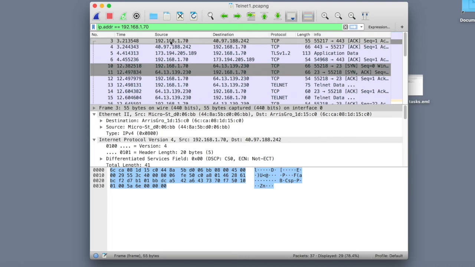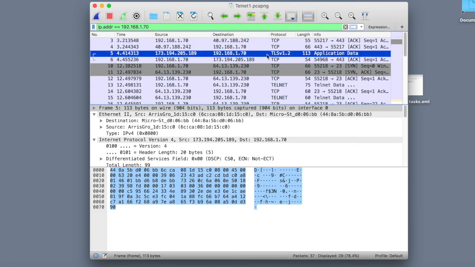Now it's looking at the source and it's looking at the destination. So somewhere in the communication, it's only taking IP addresses that are .70. So the only packet information here is going to be something that has to do with me. As you can see, there's our telnet packet right there that we could do a trace on. Now remember, we tried to follow the SSL stream and it didn't look good. We know that this SSL stream is encrypted and it's protected. However, if we try and click on the telnet stream,